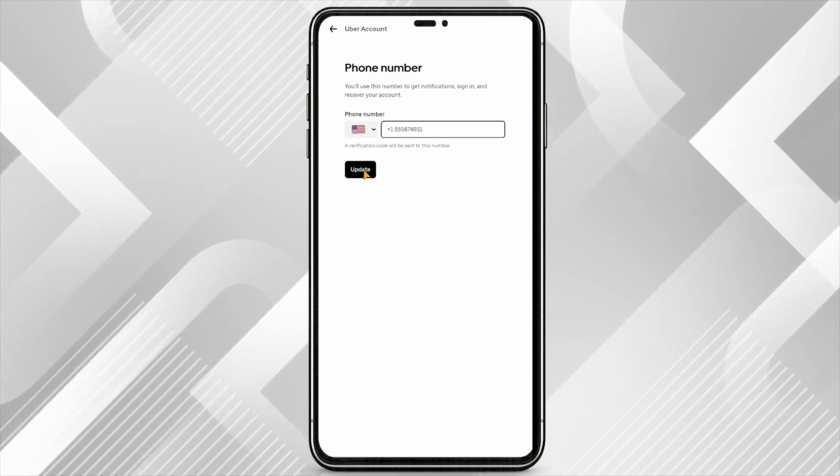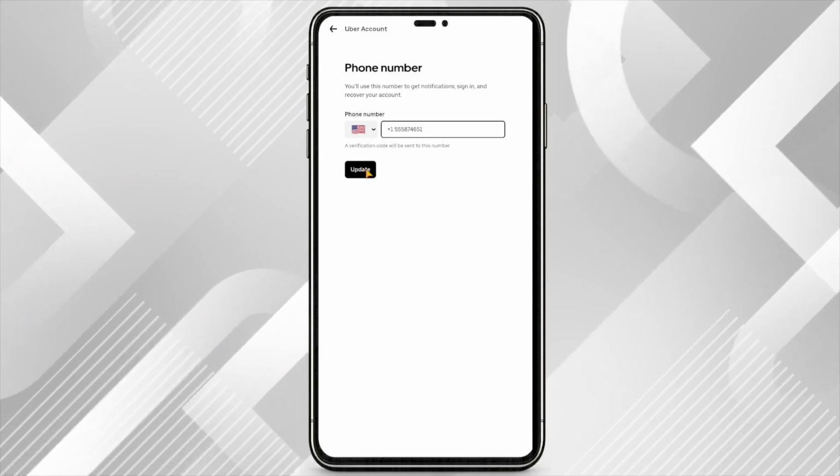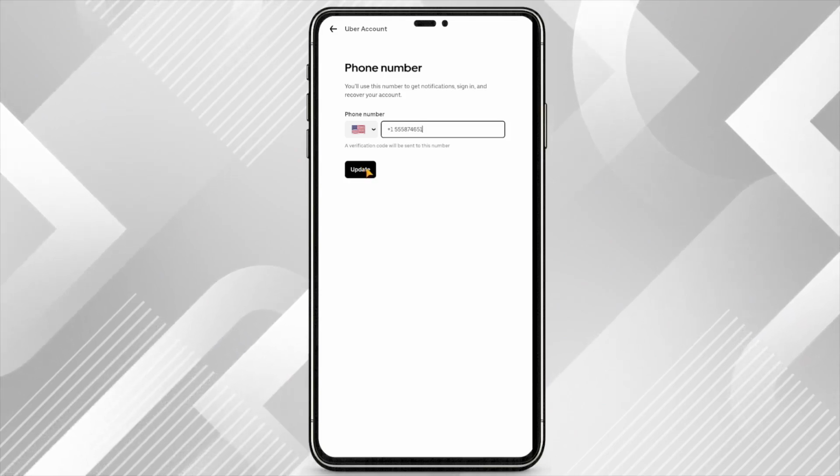And that's it. You've successfully changed your mobile number in the Uber app, ensuring your account stays current with your